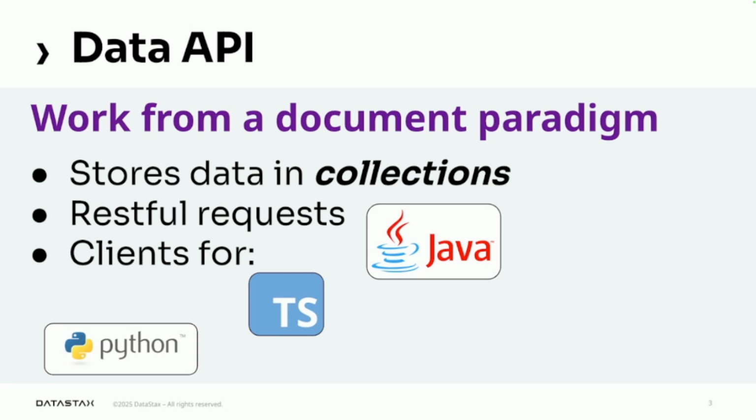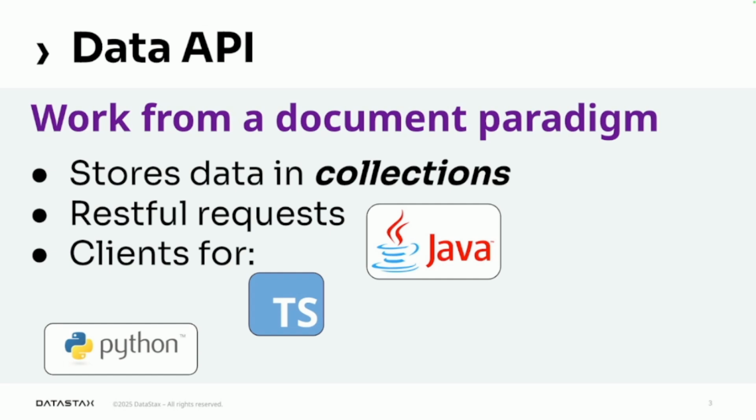So the Data API, as I'm sure you've heard a lot about it lately, works from a document paradigm. It's essentially an application that sits on top of DataStax Enterprise, AstraDB, and it can now sit on top of open source Cassandra. This way, you can work from a document paradigm, just like you would with other popular document-based NoSQL data stores. The idea is that data is stored in collections, and collections, while coded to work as CQL tables, are also very, very different in their behavior from CQL tables.